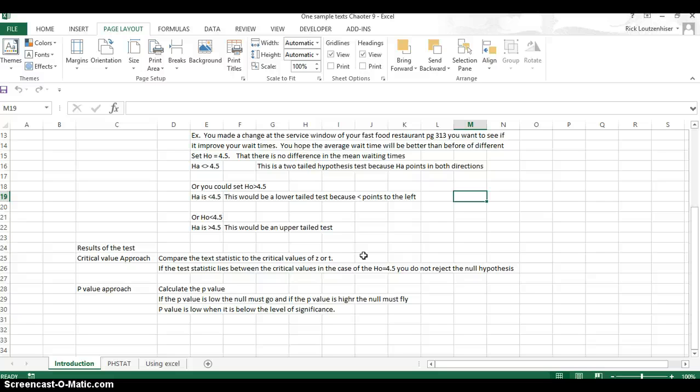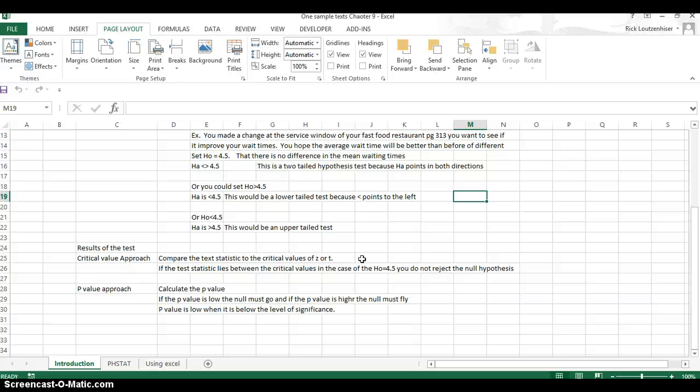Level of significance is your confidence that you're trying to have. If it were 95%, the level of significance is 0.05. If you want to be 99% confident in your results, it would be 0.01. So what we're doing now is getting what those levels of significance of 0.05 are and converting them into what